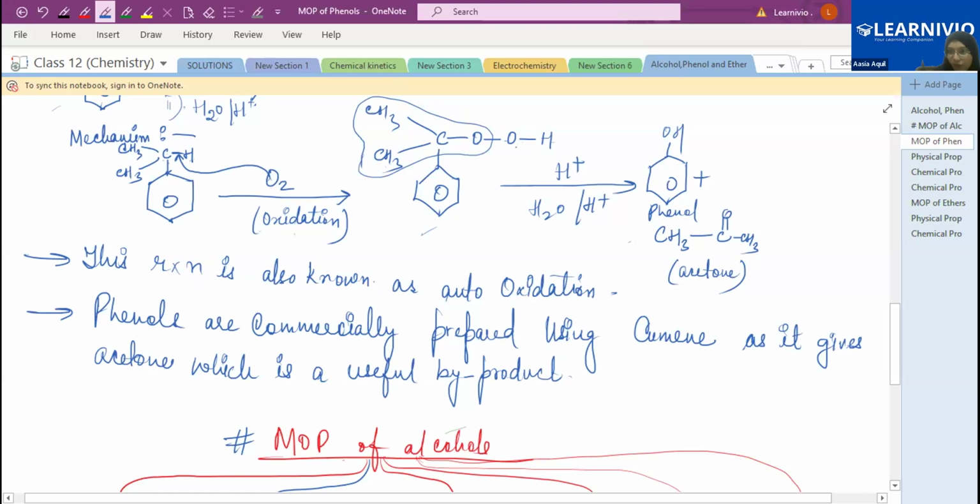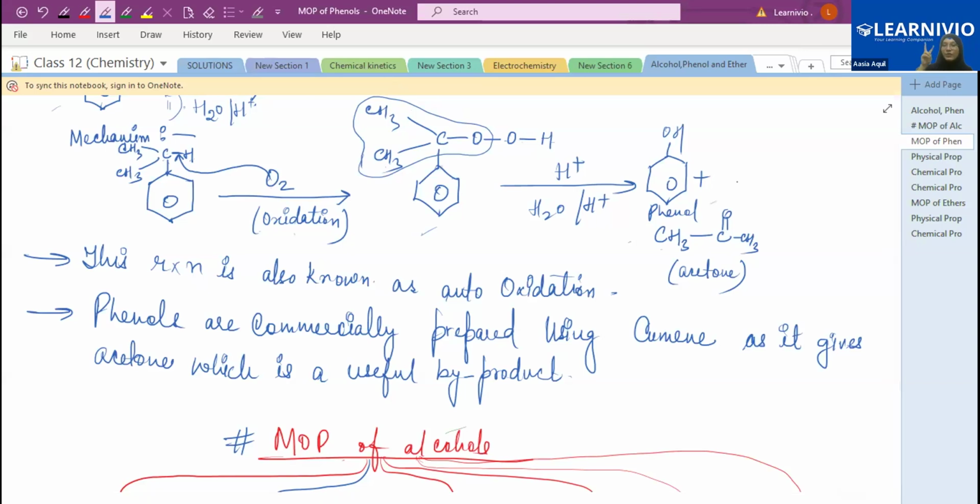This is your acetone. You can see this CH3CO, CH3. This will be removed from here, and this OH will be rearranged to this carbon. It will come and attach on this carbon, and it will give you a phenol. So from cumene,